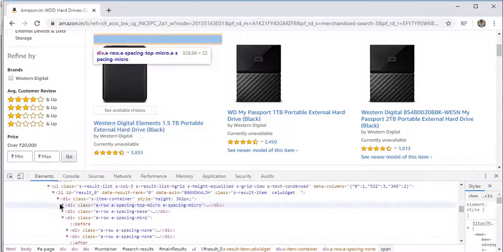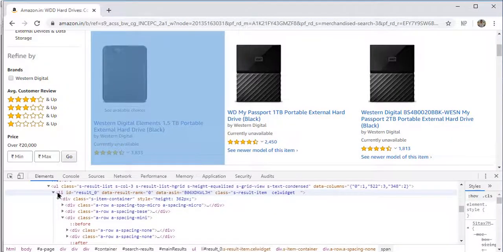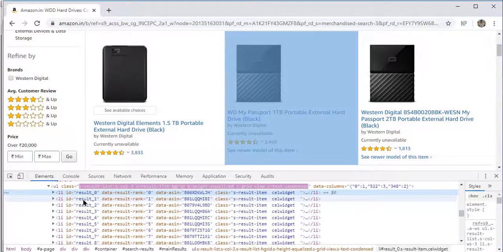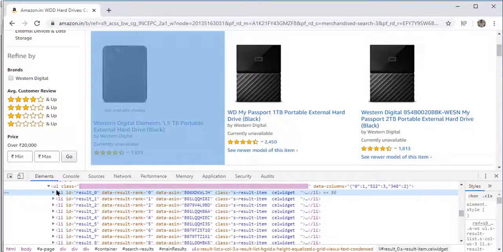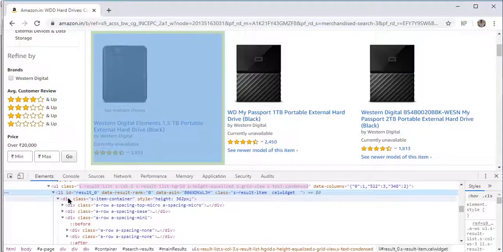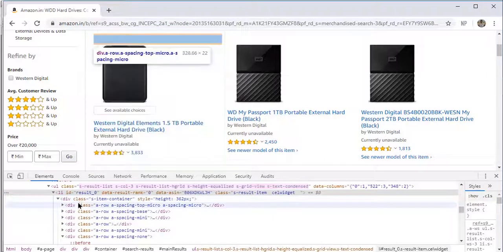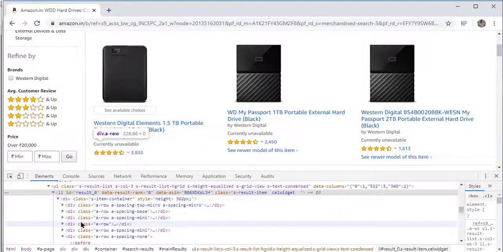You can see different LI tags, each one for every product. Inside that there is one div, and under that div we have multiple divs, with all the elements coming sequentially.